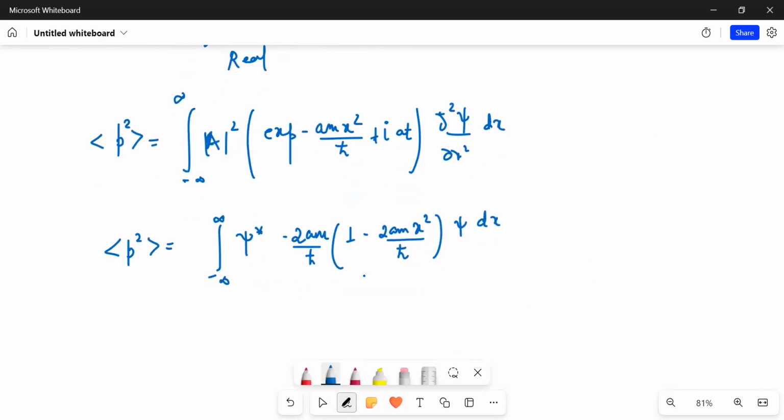Okay, and if I take this 2am upon h cut common out,